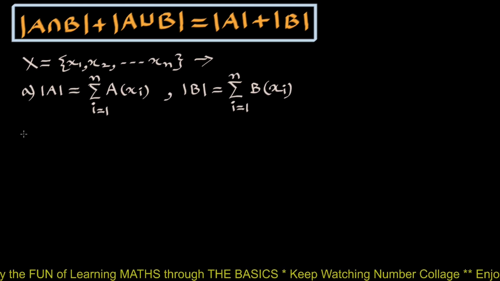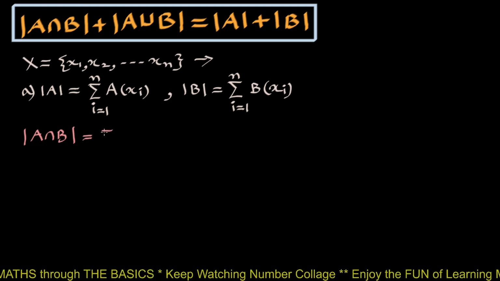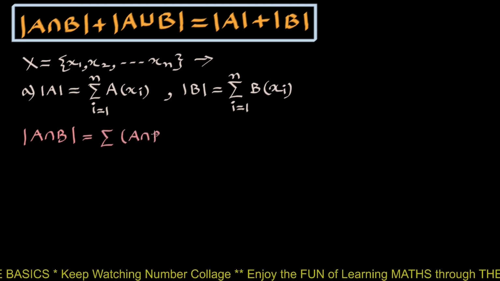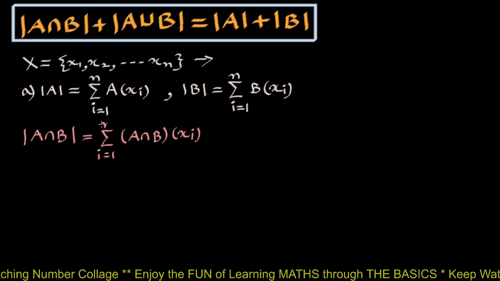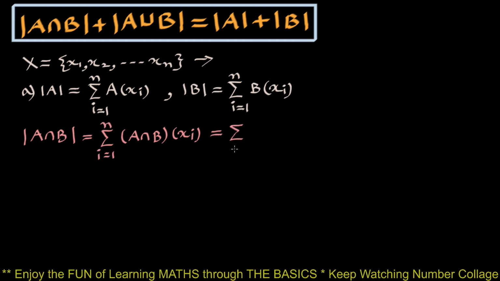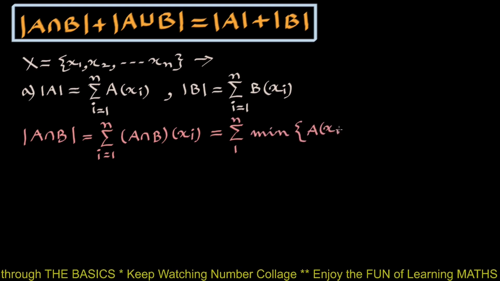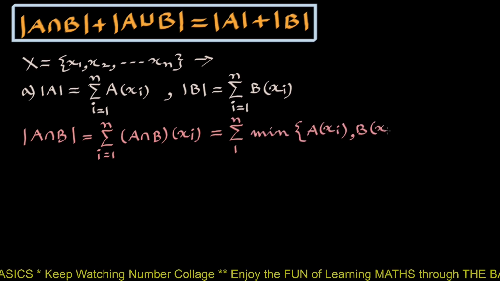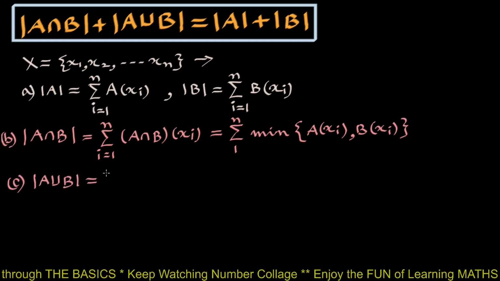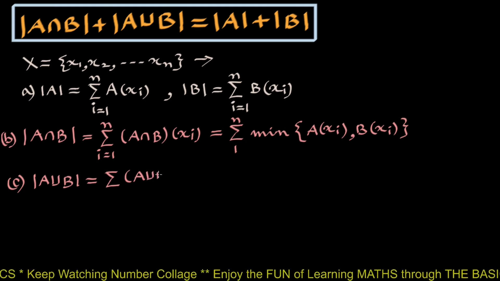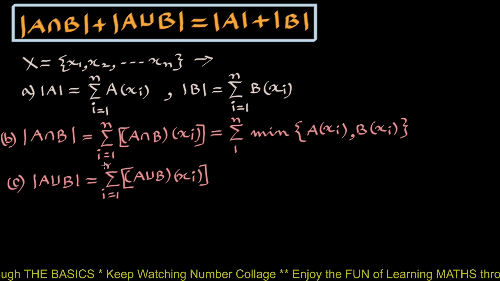Now cardinality of A intersection B will be summation A intersection B of xi, where i runs from 1 to n, which is summation from 1 to n of minimum of A of xi and B of xi, and cardinality of A union B will be summation A union B of xi,